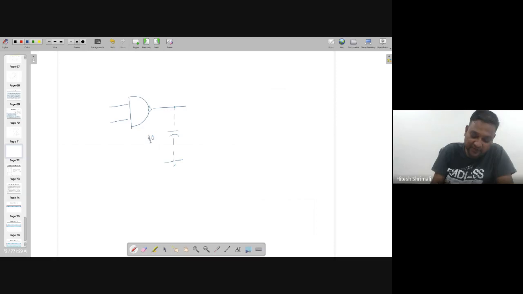Note that whenever I'm writing these numbers, it's actually normalized to a capacitance, normalized to resistance, or normalized to some unit value. So right now it's with the unit capacitance. So if it is 10 and I'm saying that I have to connect something over here whose capacitance is 500. You understand that 10 is a small capacitance and 500 is a big capacitor. If I'm going to connect this one over here,